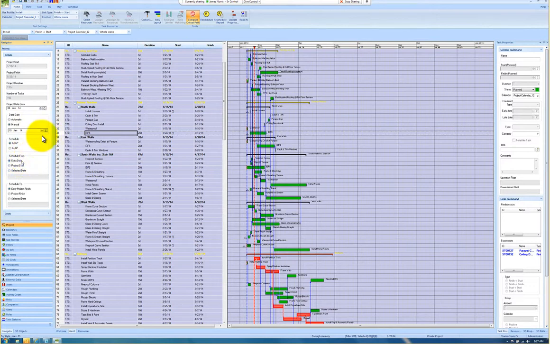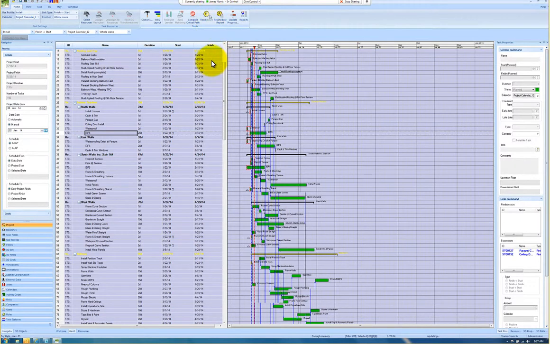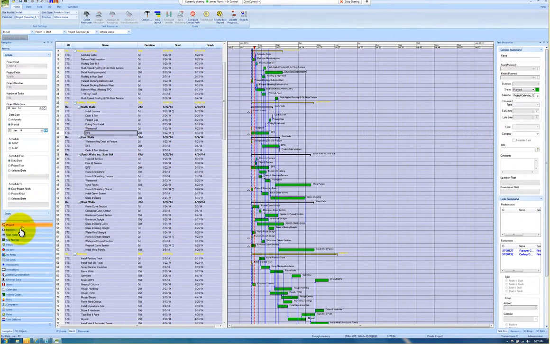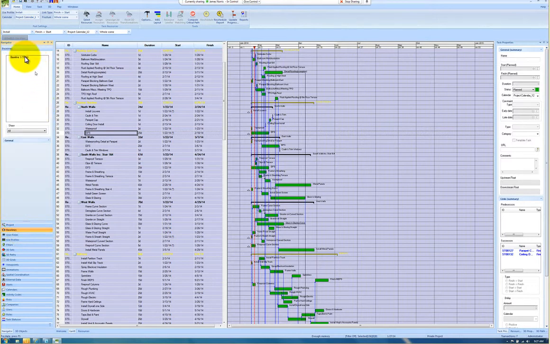Now the next thing is, after this point for updating, you're going to change the data date. And if you notice, what we're going to do is change the data date and move it up a week. Alright, and if you notice, we're scheduling from the data date, and the data date is set to the 22nd. Now if we go back to click on baselines and you choose baseline, you'll see, alright, that was last week, so